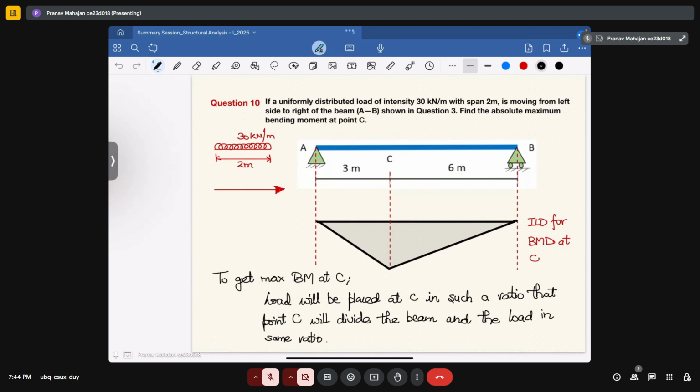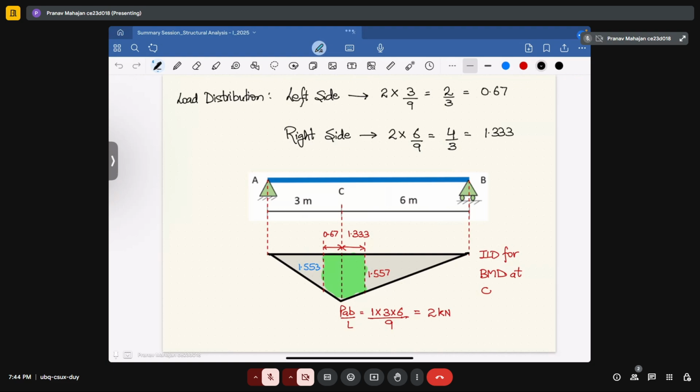Okay, so to get to know the maximum bending moment about point C, the load should be kept at C in such a ratio that it will divide the beam and the load in the same ratio. So it should divide the beam and the load in the same ratio. Okay. Now, when you check the distribution on the left hand side, it will come out to be equal to